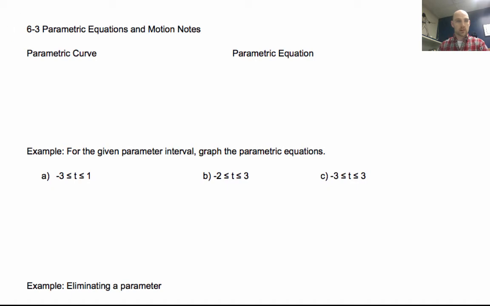Welcome back. Today we're going to talk about parametric equations and motions. To start with, a parametric curve is a set of two equations. So we're going to work in parametric mode on our calculators. And what you're going to notice is there's an x equals a function of t and y equals a function